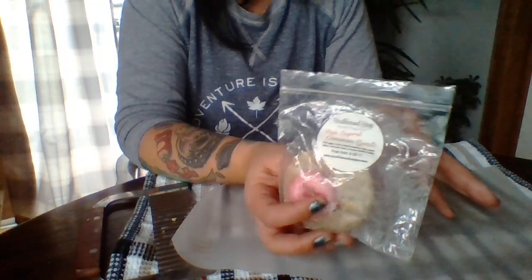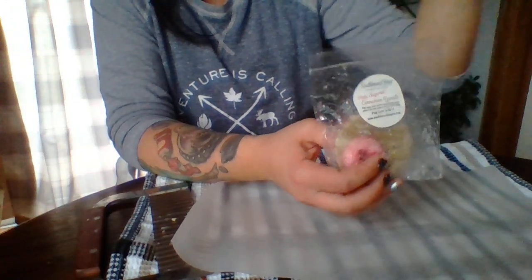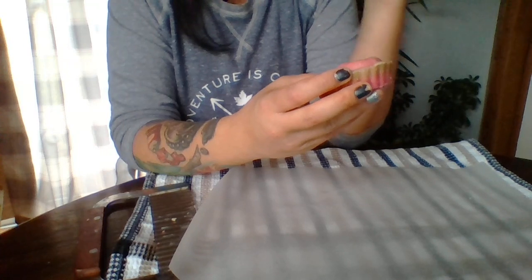Next one is Southbounds Pink Sugared Cinnamon Donuts, which is pink sugar, fresh crushed cinnamon bark, baked yellow cake with notes of creamy, buttery vanilla. I'm guessing that the person I purchased this D-stash through, this was likely one of her pink sugar pre-orders, because all of these have had, well, with the exception of the strawberry one. These three, rather. This one is gorgeous, and I get mostly that crushed cinnamon bark